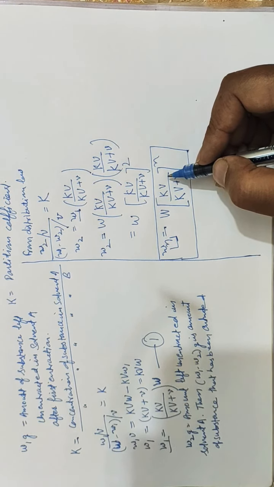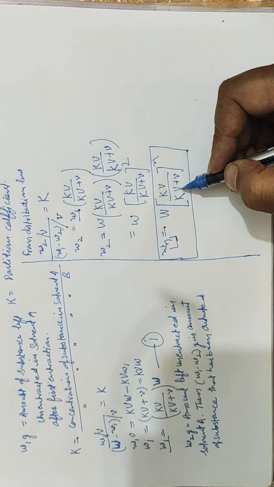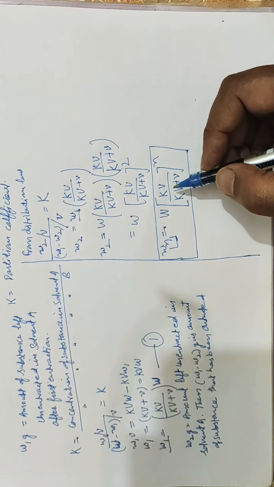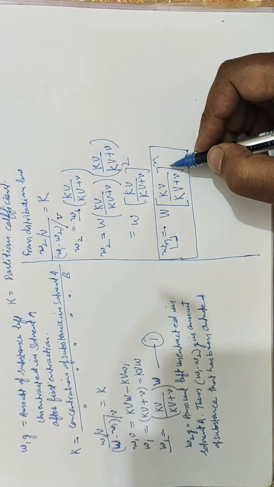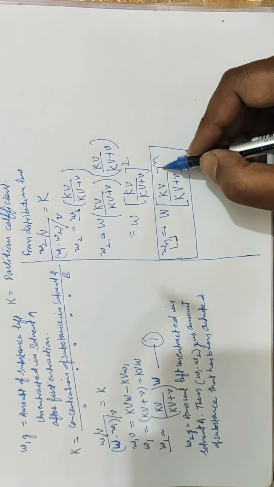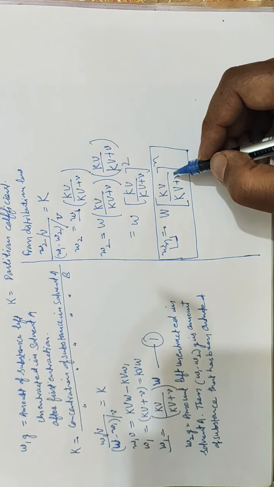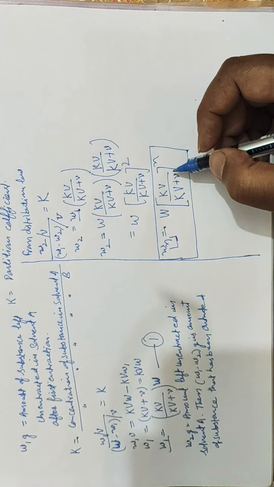In this term, the denominator kv plus v is bigger than the numerator, so the factor kv over kv plus small v is smaller than 1. So this factor will be least for the greater value of n. Hence the efficiency of extraction increases by increasing the number of extractions using only a small amount of extracting solvent each time.